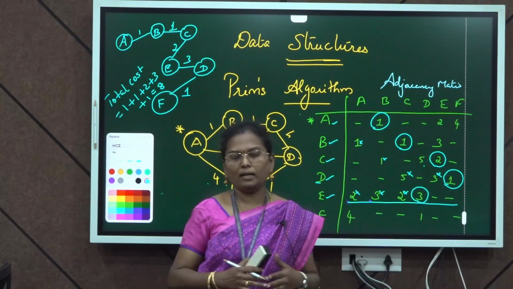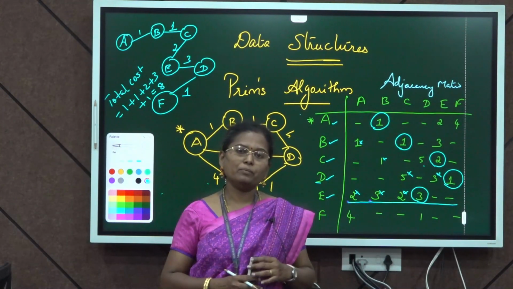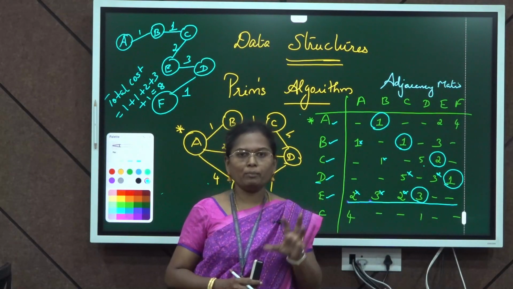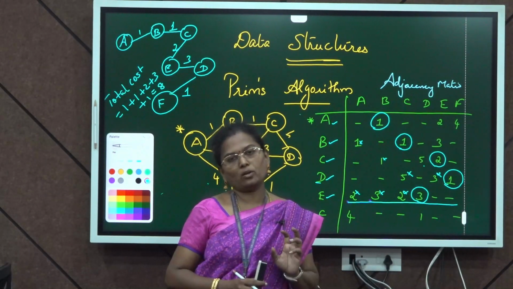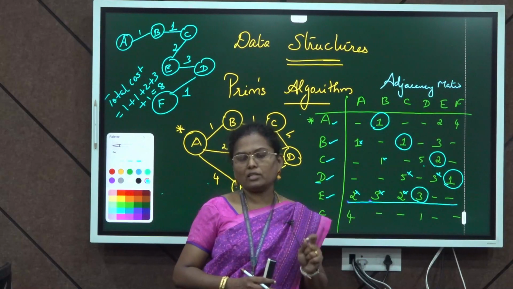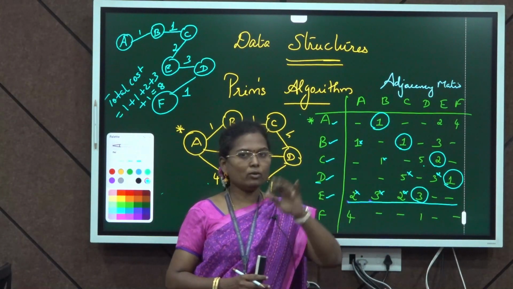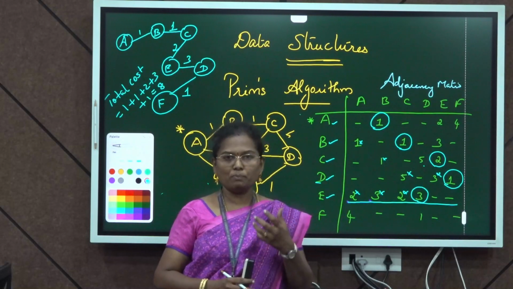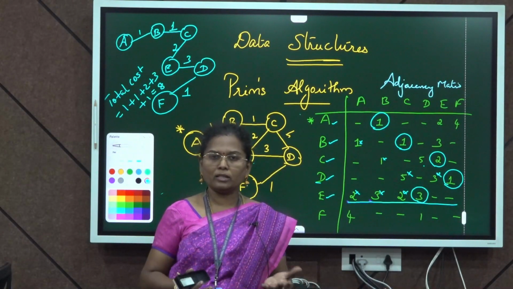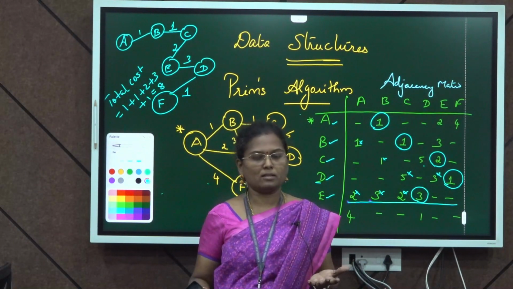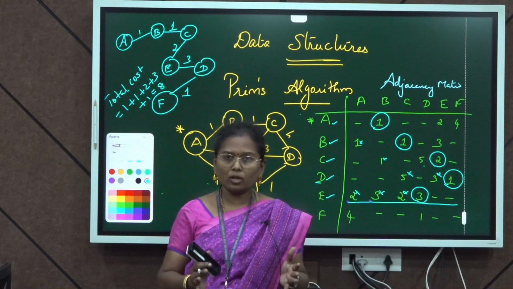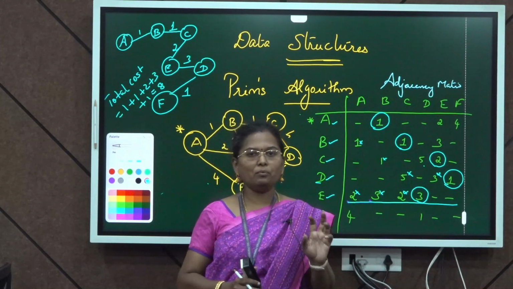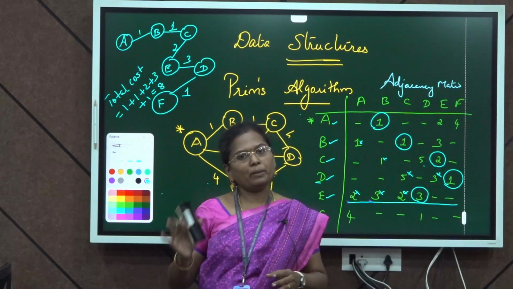So let me summarize the entire part of a minimum spanning tree. A spanning tree is nothing but a portion of a tree where every node will be covered without a cycle. That is what is called a spanning tree. The reason why it is called a minimum spanning tree is that all the nodes are covered with a short distance. We have two algorithms, one is Kruskal's algorithm, the other one is Prim's algorithm. Both algorithms work in a greedy way, whereas Kruskal's algorithm works depending upon the edges,